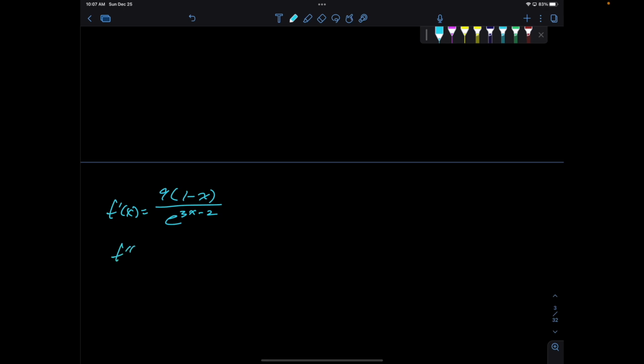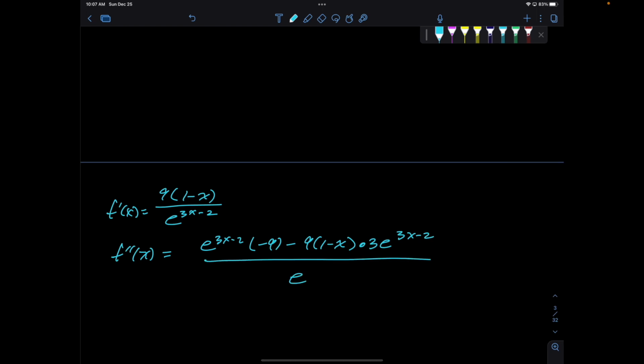So f double prime. Bottom. Derivative of the top is negative 9 minus top, which is 9, 1 minus x. Derivative of the bottom is 3e to the 3x minus 2, because I might forget the chain rule once, but not twice. Bottom